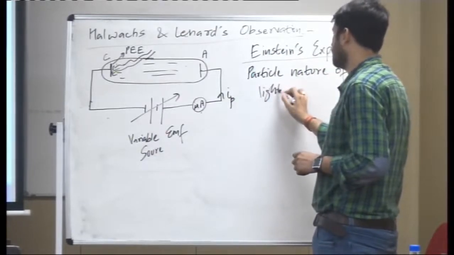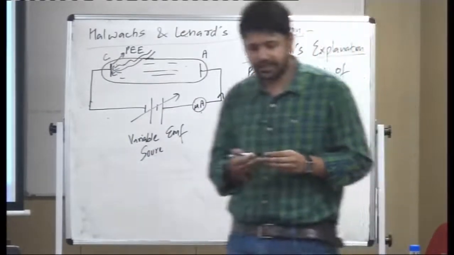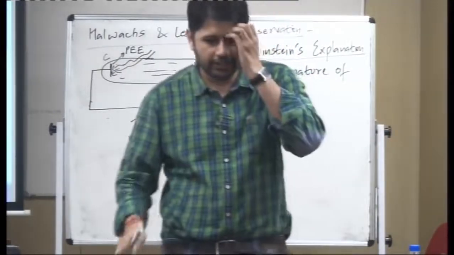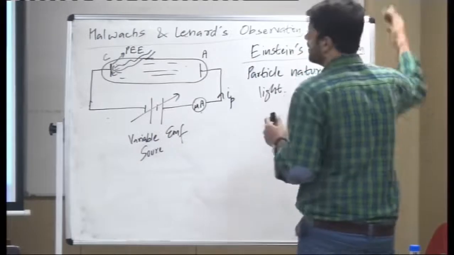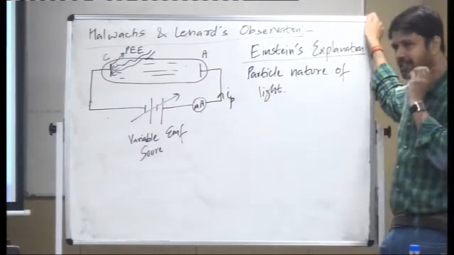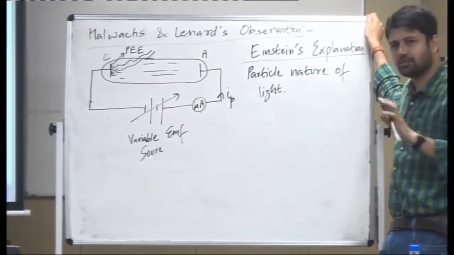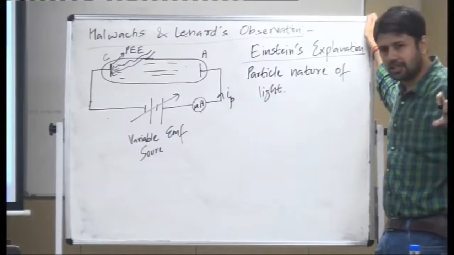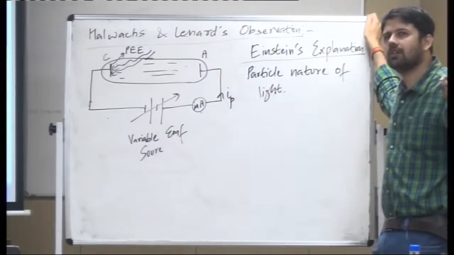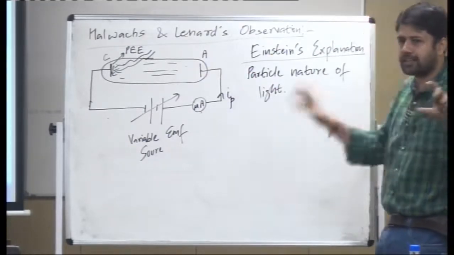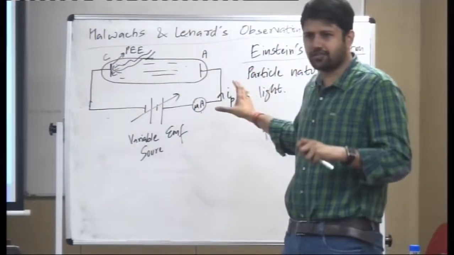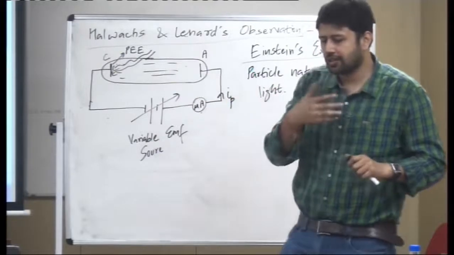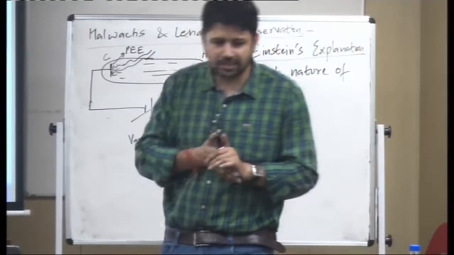Of light. Now how did he explain it? For that explanation, let's assume we need to join all the points starting from the work function till the last point of the photoelectric effect. So for that understanding, you understand it like this. Let's imagine